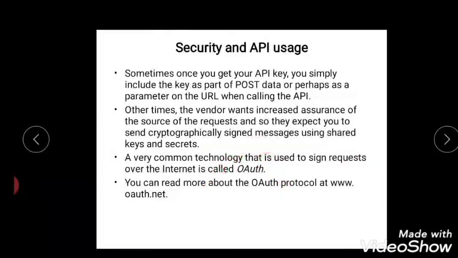For example, in some cases you can see even rail ticket reservation, and some other things, you can see insurance related to it. It is also one service of SOA. And when a vendor wants to increase the assurance of the source of the request, you can expect to send some cryptographically signed message to improve the security, to improve the safety of a user if I do some kind of transaction.